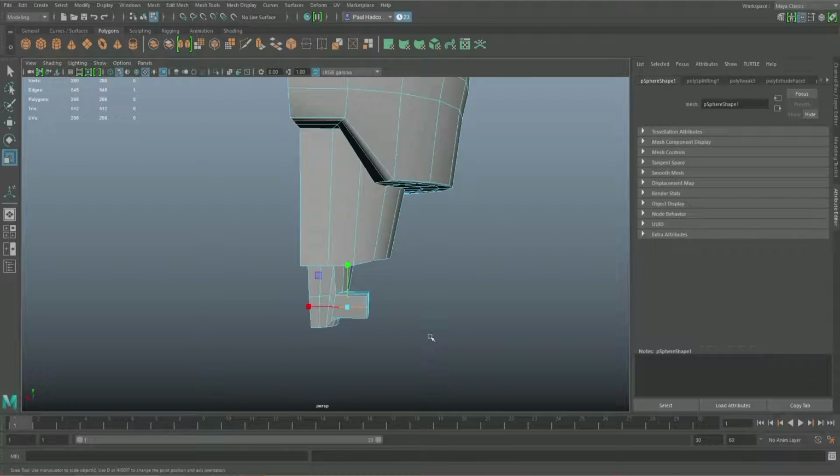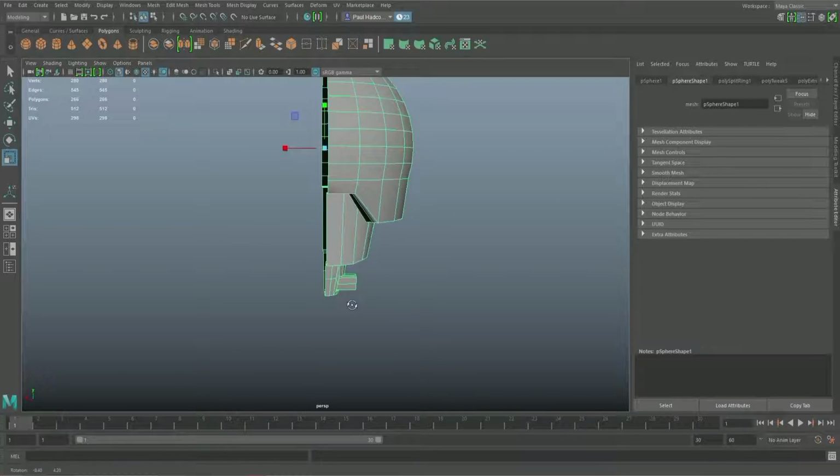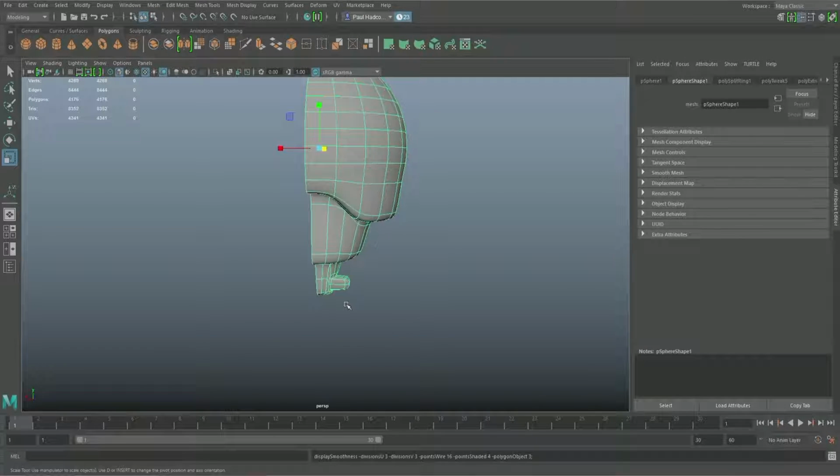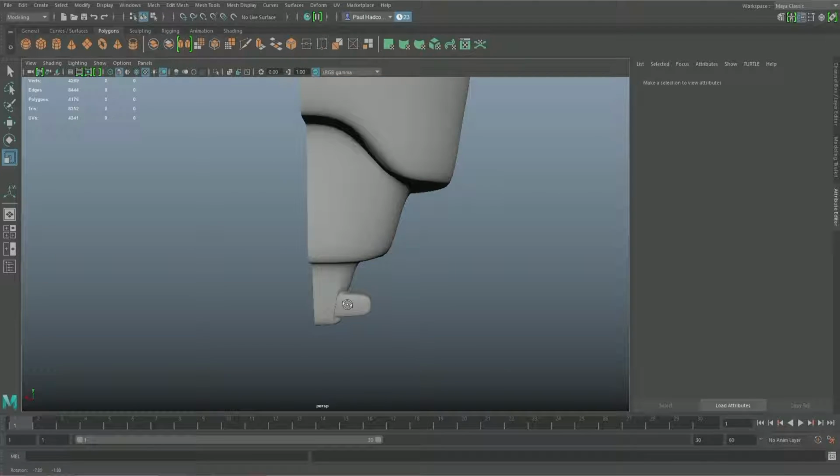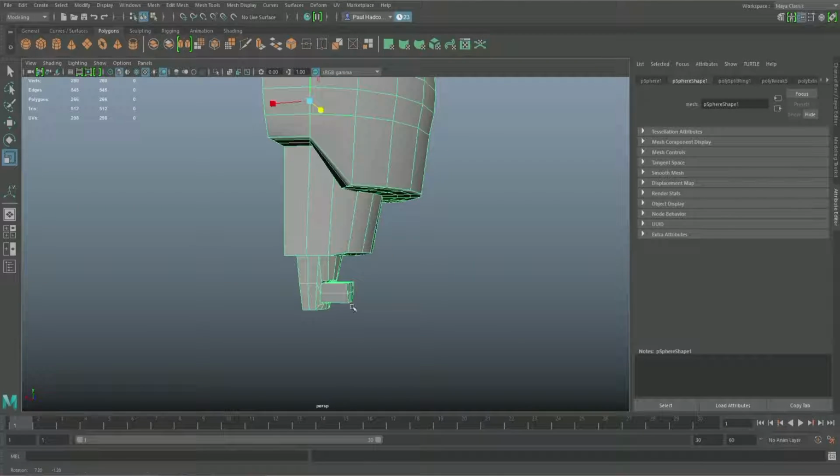Okay, so we've got that. So that's nicely low resolution. Let's just press 3, see what it looks like. Doesn't look too bad at all. Looks quite Star Warsy. Quite like it. I mean, we can insert that circle in there later. But okay, so you got that far. Now